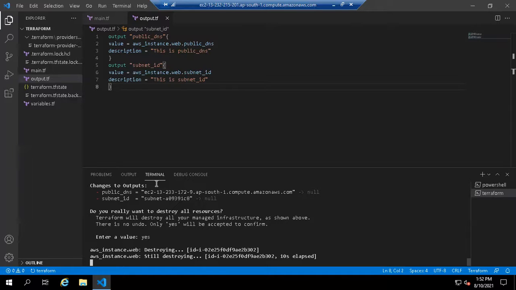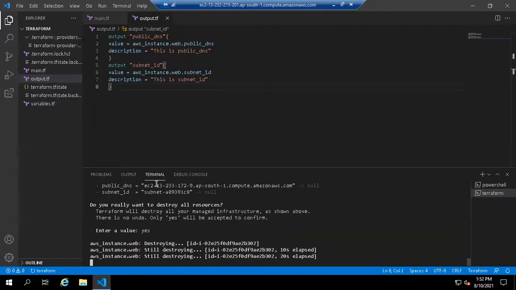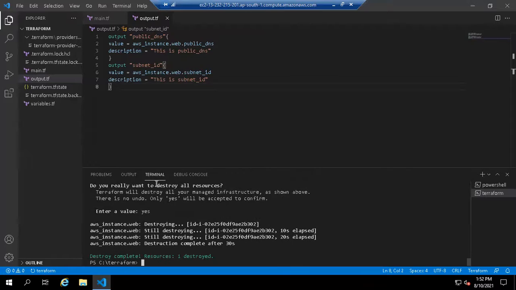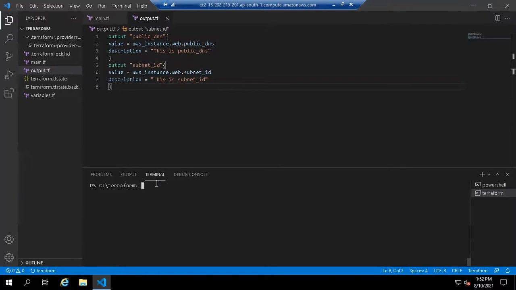It's destroying. So destroy complete. So let's clear the screen first. So now we are going to the last point, how to stop printing some sensitive information.